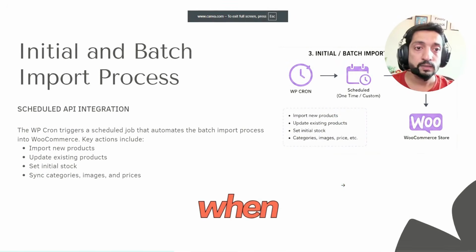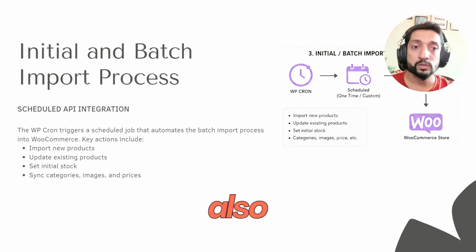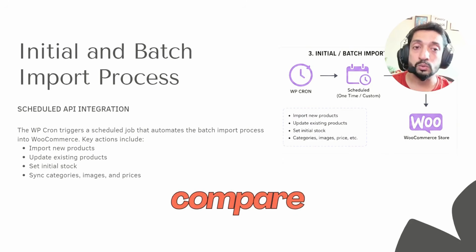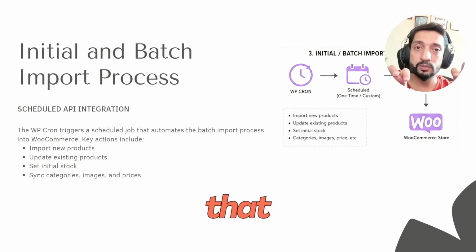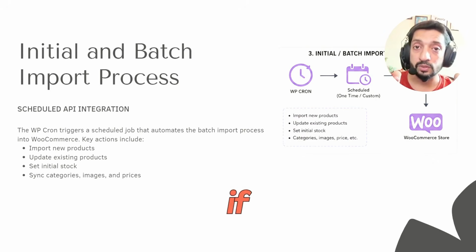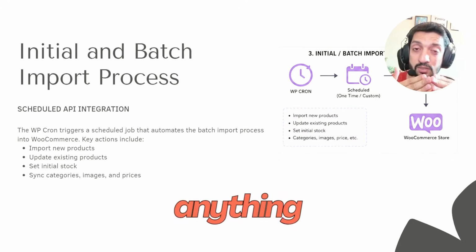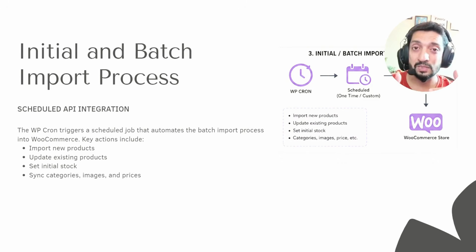Now the next thing is, when I said we are also going to update the existing product. If the product is already there, we obviously need to compare the differences. We fetch the information from the external API and put that in our database and compare it first. If it already exists, then we should check if there is anything new, if a field needs to be updated, then obviously we have to update it. So importing a new product or updating an existing product requires the same amount of memory. So again, this has to be done in batch,